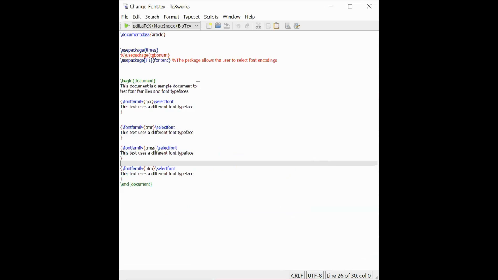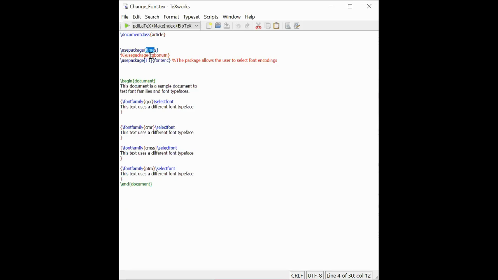So in the screen, always the document starts with your document class. Here I have given the class as an article, and if you want to use a font, a font is defined by a package. That you have to note. So simply you cannot give a font. All the fonts are given in separate packages. If you want to use Times New Roman font, you have to use the package Times.